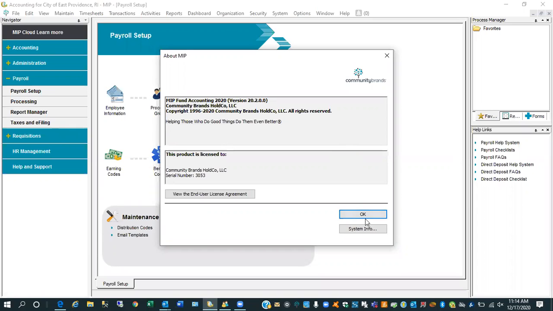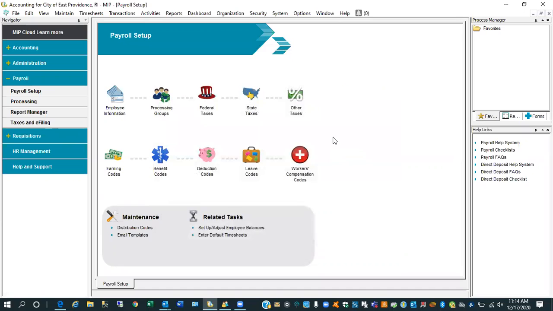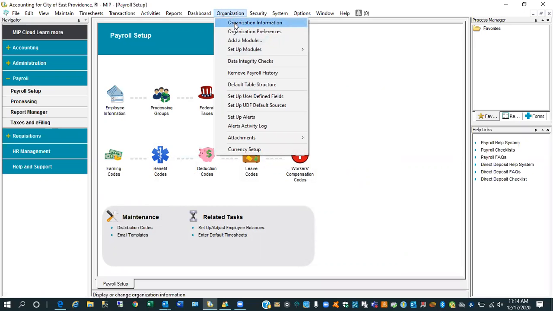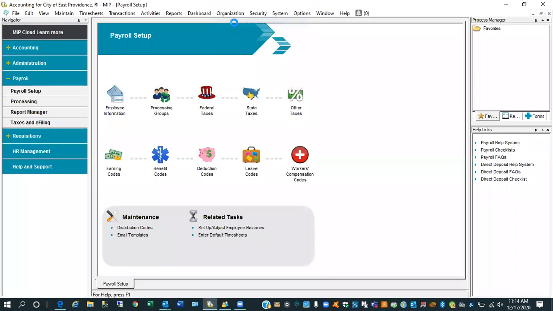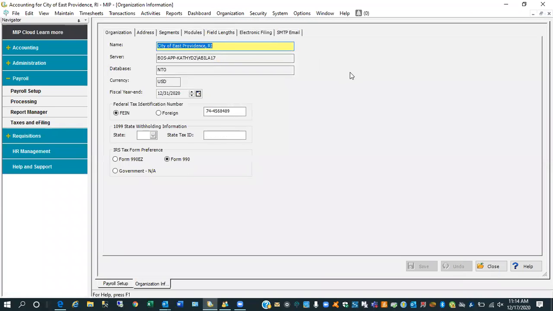A couple of things that I would like to point out that might be beneficial as you're starting to prepare is also at the top, Organization and then Organization Information. Whether you're talking about creating W-2s or 1099s or 1095s, your organization information